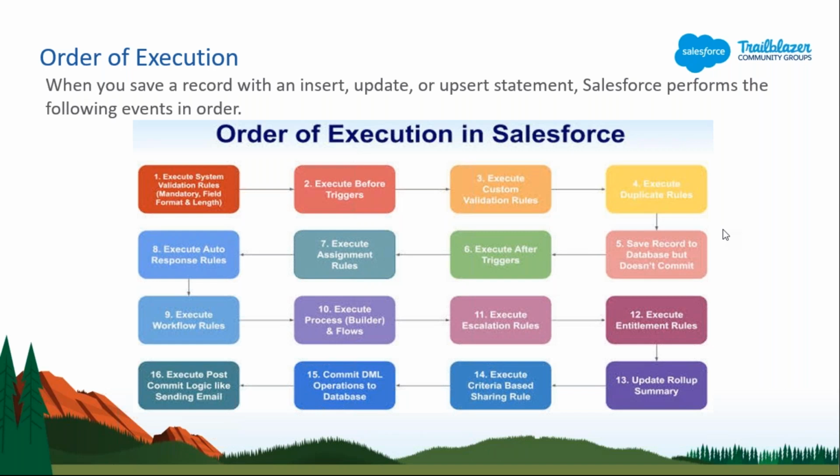So it will first check whether this phone number, a mandatory field, is coming, whether it has any value inside that phone field or not. If there is no value, then it will not come to your before trigger or your custom validation. It will just give you an error saying that your required field is missing, data cannot be inserted. If there is data, then it will go and check your before insert. Let's say I am updating a contact record based on that phone number update.